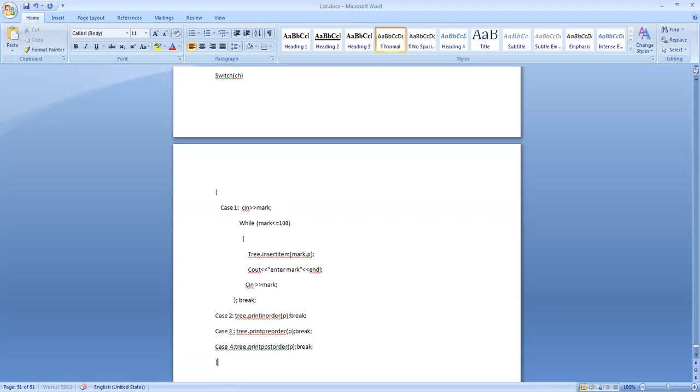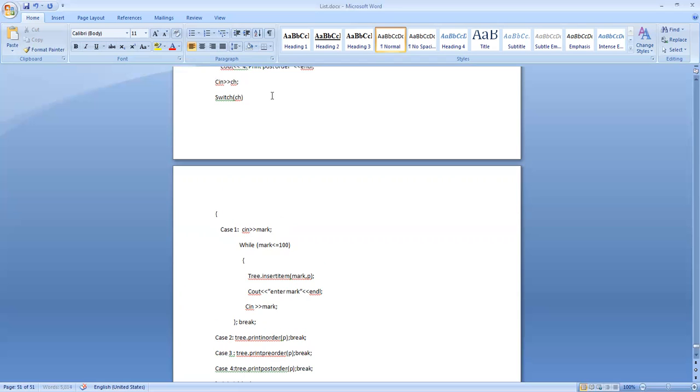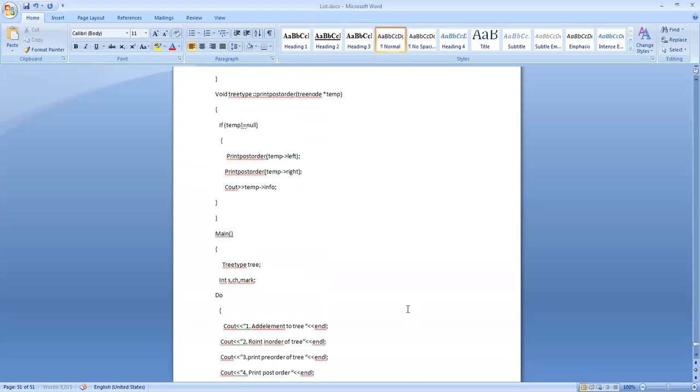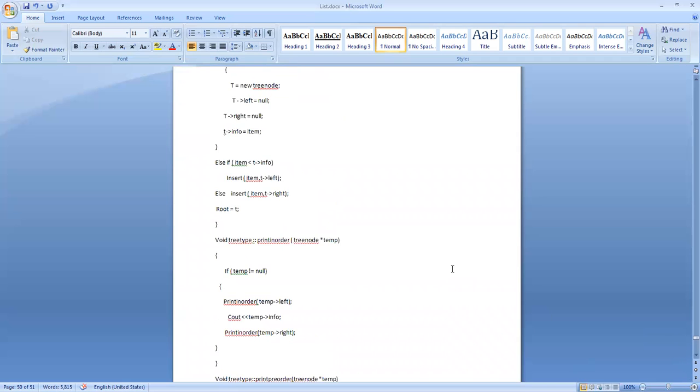While ch not equal to 0. So once my value for this ch is equal to 0, then I terminate this while loop.